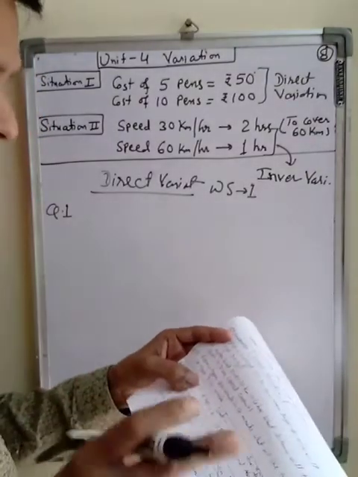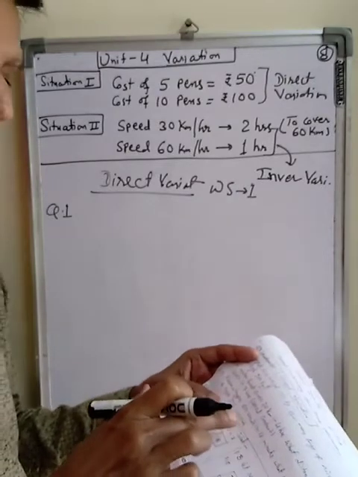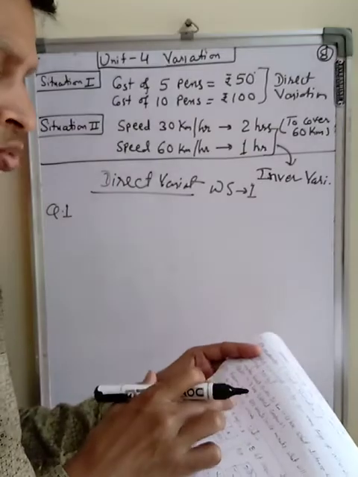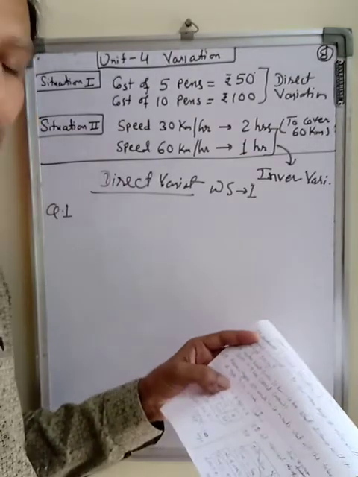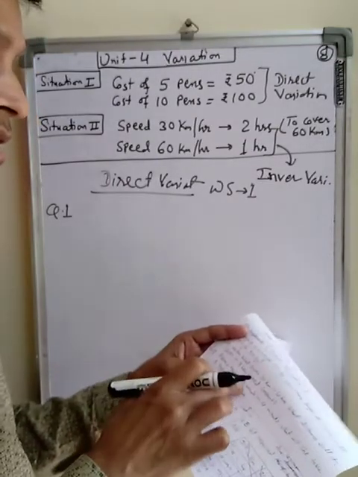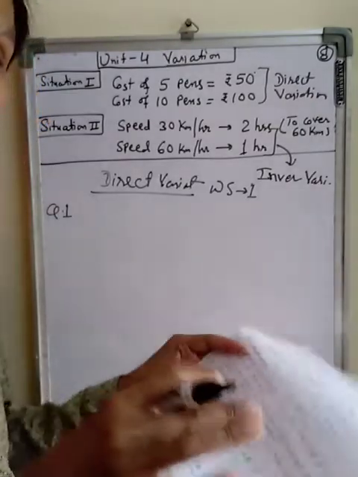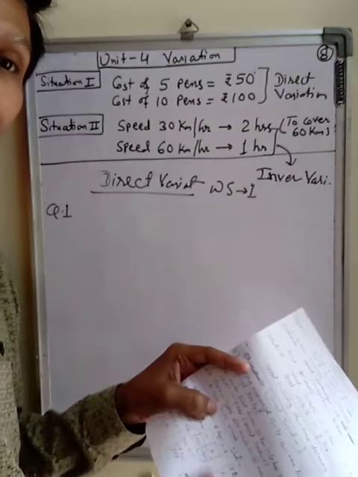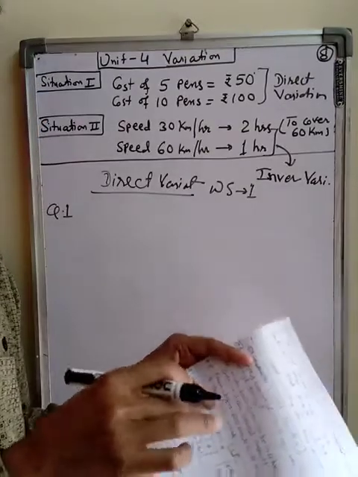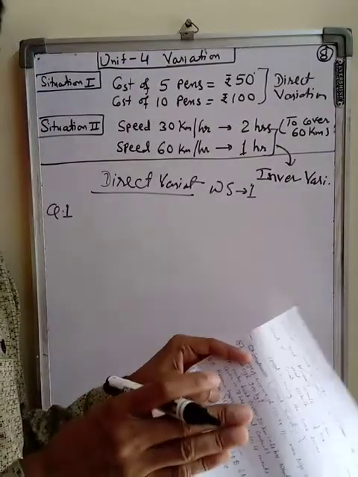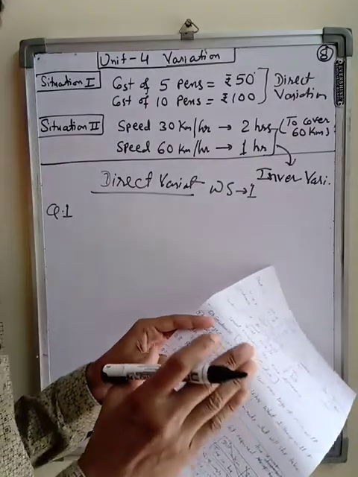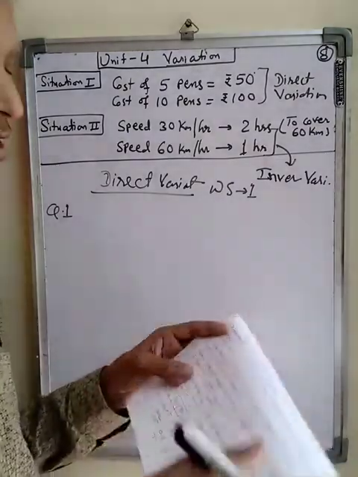Question number 8: Rima types 600 words in 4 minutes. What time will she take to type 3150 words? If you want to type more words, you need more time. So this is also an example of direct variation. In such a way, all questions of worksheet 1 are direct variation.